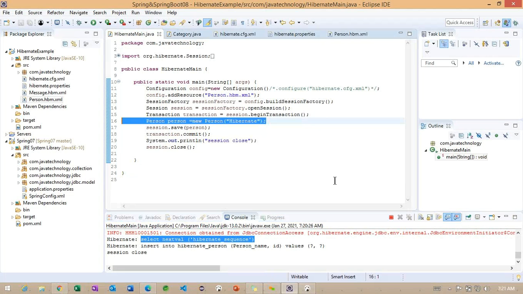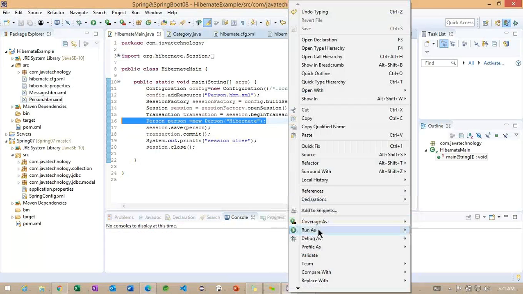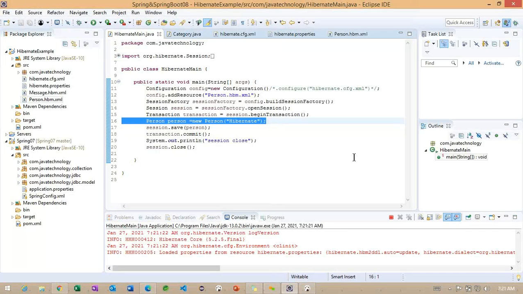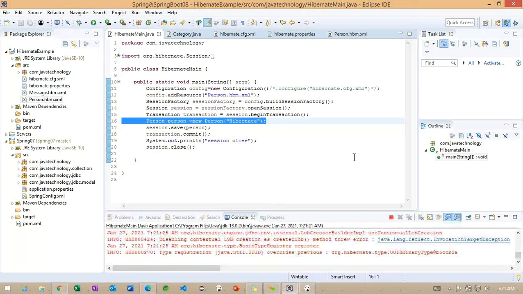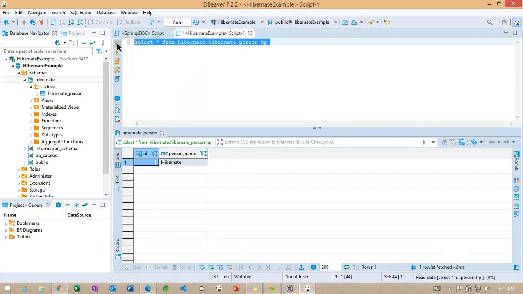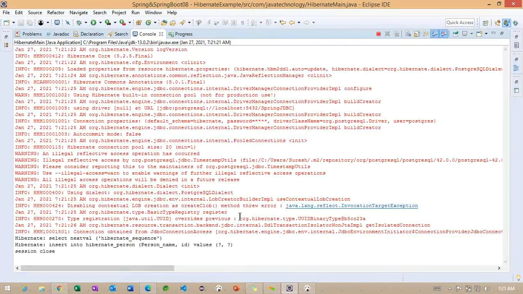So person name comma ID. I will check how many times we run the object. It has to insert multiple records with different IDs, but now, I guess because of the sequence, we are getting only one object here.